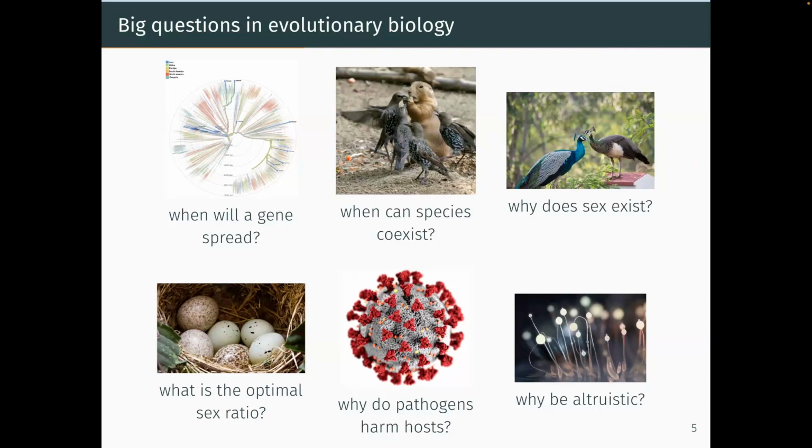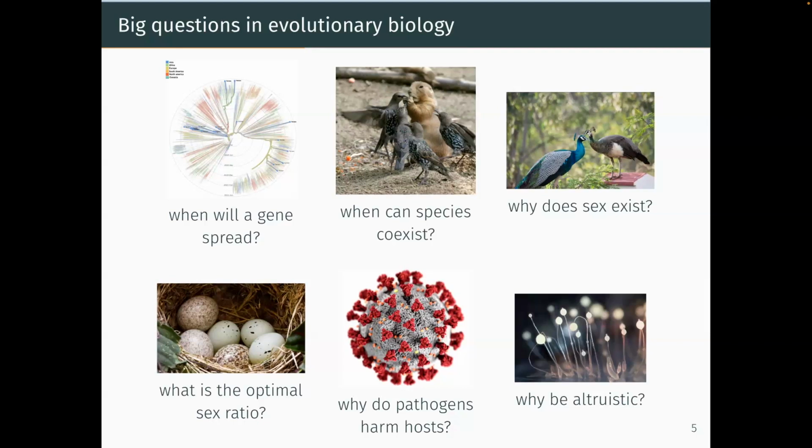I mentioned peacocks earlier. So we could talk about ideas of sexual selection, but even the question of why sex exists as a mode of reproduction, right? It would be much more efficient if we all could just clone ourselves. It'd be way simpler. We wouldn't have to buy flowers or anything. And if everyone was able to do that, we wouldn't have to produce males who bear no offspring, who are costly essentially to populations. So there's often this talk of a twofold cost of sex because males don't bear their own offspring.